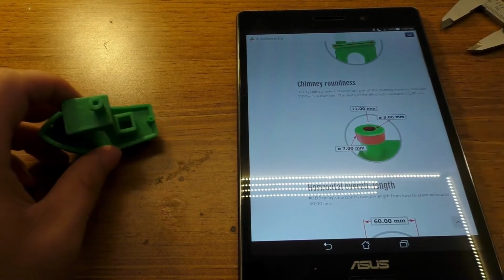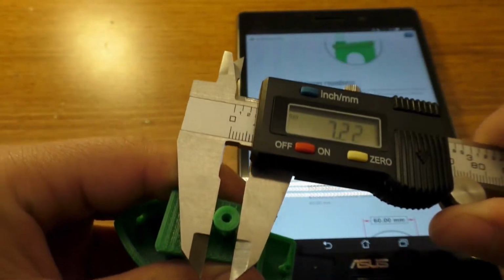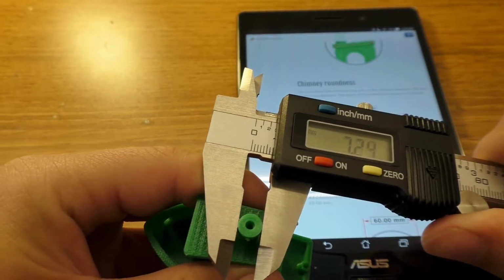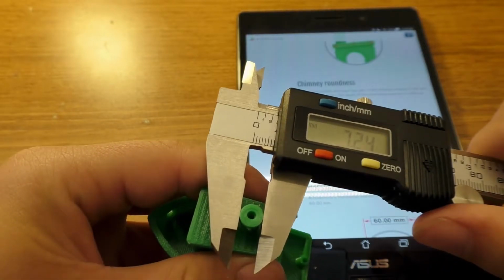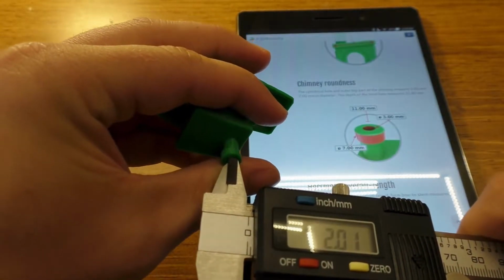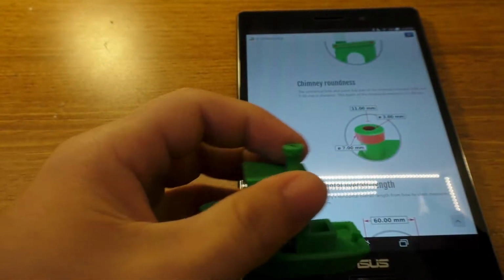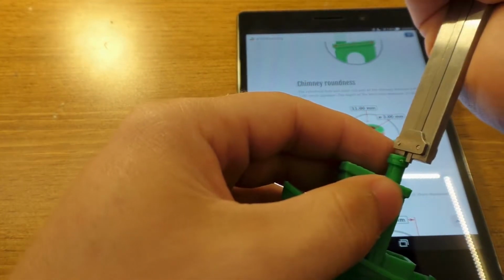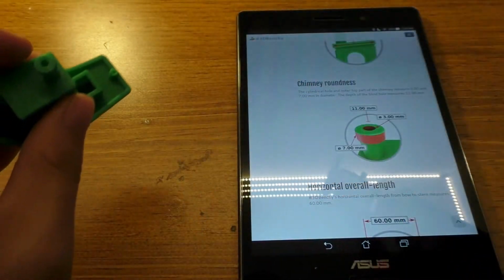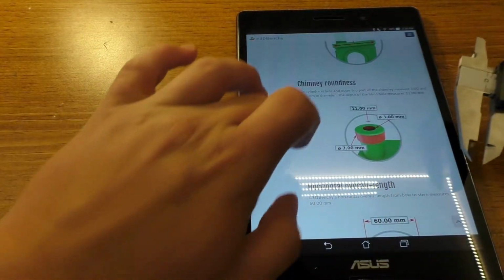The chimney's probably going to be off a little bit, like I said, because it didn't really print right. It's supposed to be 7 millimeters. We've got actually pretty close to that, 7.2 or so. And the inner diameter, I don't think I'm really going to be able to measure that too well. Yeah, it's showing like 2, but these don't really fit down in there too well. And apparently, is it this depth that they're showing is supposed to be 11 millimeters ish? That's 9 point something. I can't fit this down in there. Anyway, next thing,